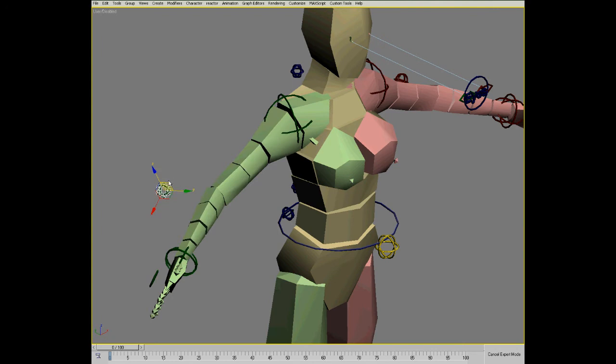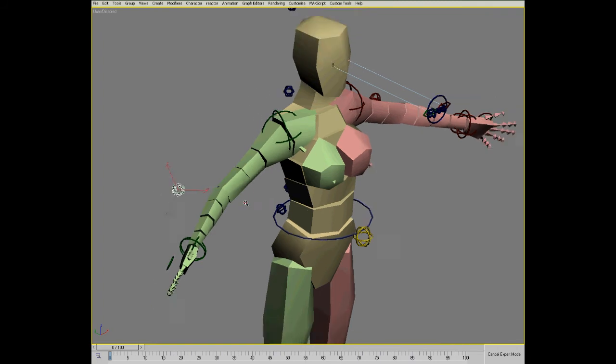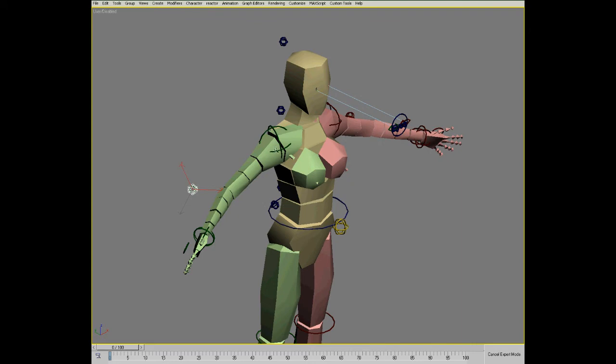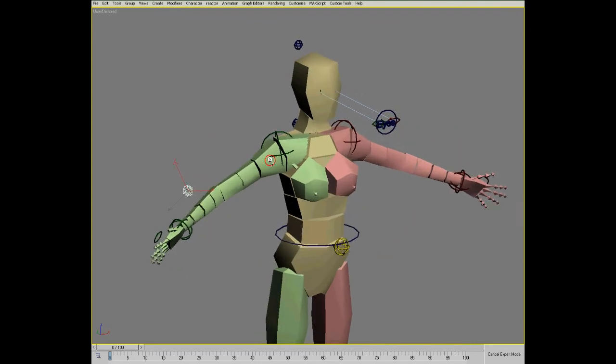So if we add twist bones in the upper arm, we can get a similar effect again, where we can soften the deformation here. It doesn't have to deal with a twisting around this joint, because the first bone in the system doesn't do any twisting at all. The second one twists 50%, and then the original arm bone handles the full amount of twist down by the elbow. This means we're going to get a lot less problems when we're trying to skin this area. You'll be able to twist your arm and raise it above your head without this just becoming flattened like a